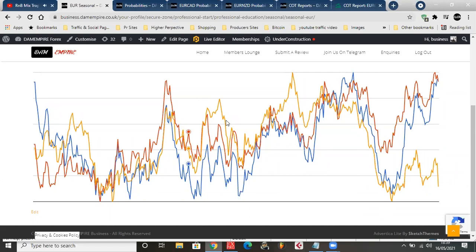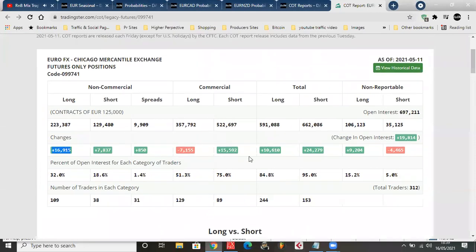Yeah, we're selling. That's what we're trying to do. We're trying to sell it, right? What we can see right here is the short from the commercial side. They're putting 15,000 new positions to the sell side, and they're taking 7,000 away from that. You can see the open interest. They're more interested in the short side. 75% of their position is going short.